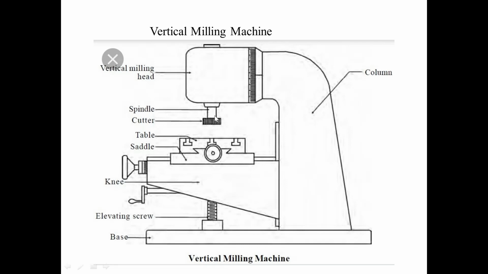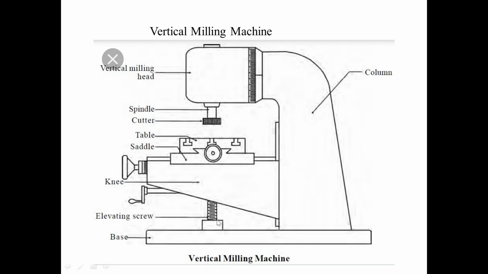And this spindle is in support of the cutter. To fix the cutter we need a spindle, so the cutter is fixed in the spindle. And again this is a work table, so we have strong rigid jaws here to hold the workpiece firmly. And again we have a saddle for the cross movement, as we have seen in the horizontal milling machine. You have to move the work table in a cross direction, right side or left side, so we have a saddle. And again we have a knee and knee elevating screw. The knee elevating screw is responsible for increasing or decreasing the height of the work table.